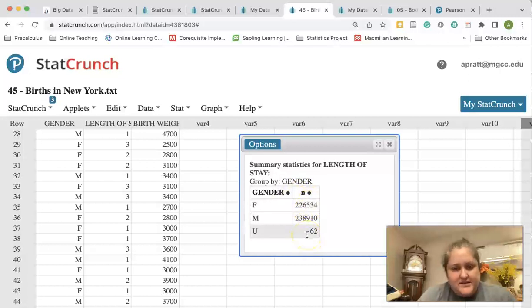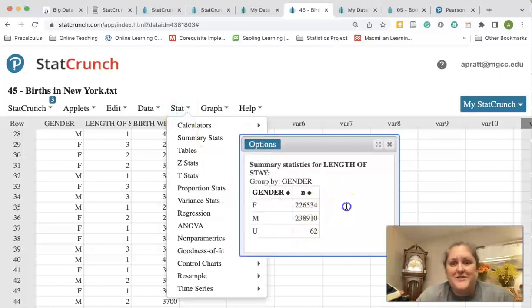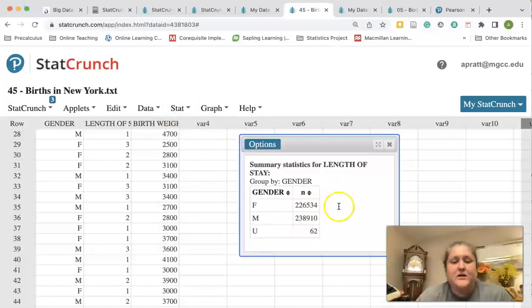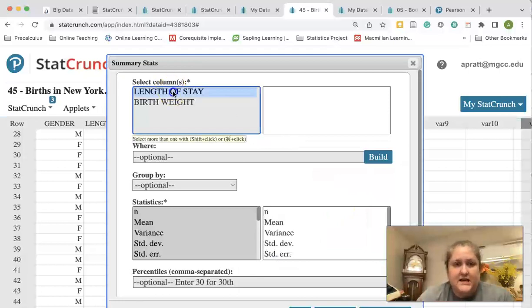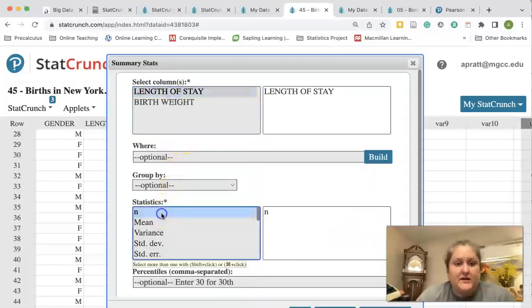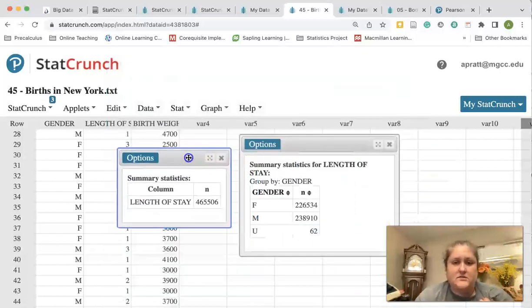To calculate a percent, that is one of the review topics that you had in this module. So if you need help remembering how to calculate a percent, there's a video in the learning guide for percents. The one thing you may need though is the total sample here. You could just add up these three groups, that will work. Or you could also run another summary stat, but don't do the group by. Just leave it, and then it'll compile everything. And so there you get the